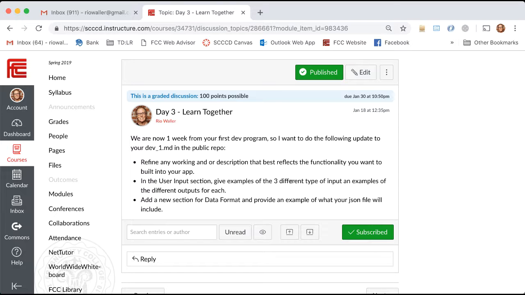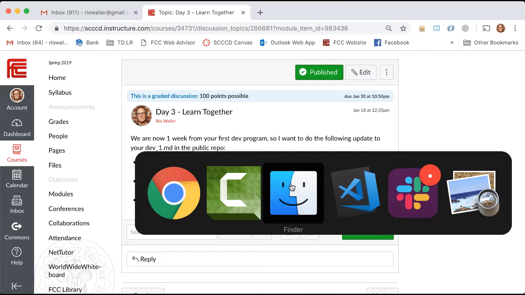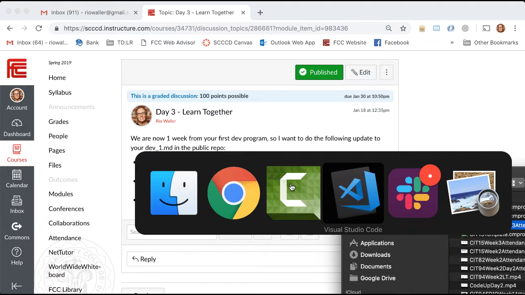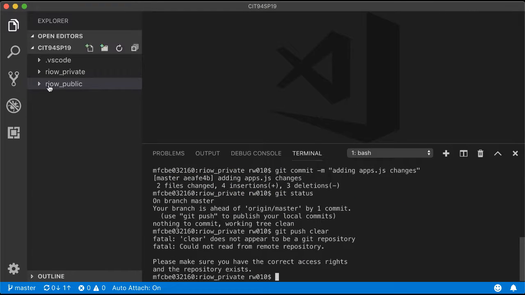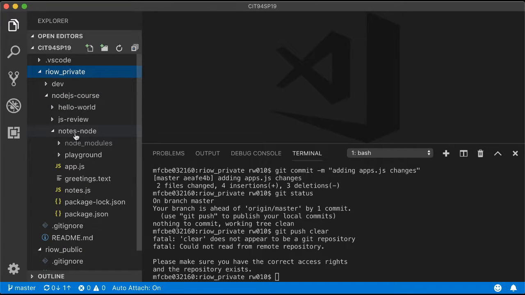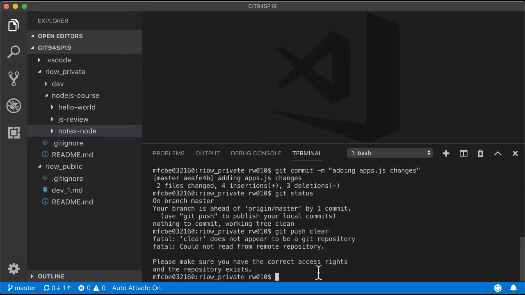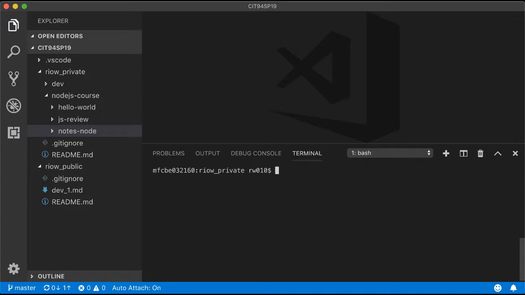So if you're wondering what I mean by this, let me see, do I have my editor up here? I do. So when you're running the code in the Notes app, let me clear this real quick. This is where you're running node app.js, you're doing an add, title.